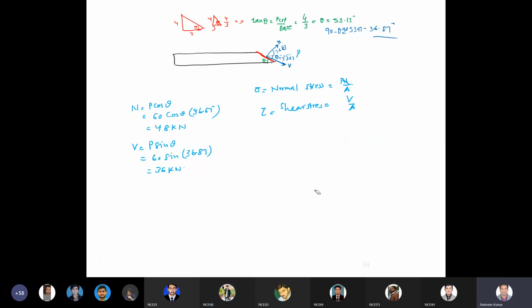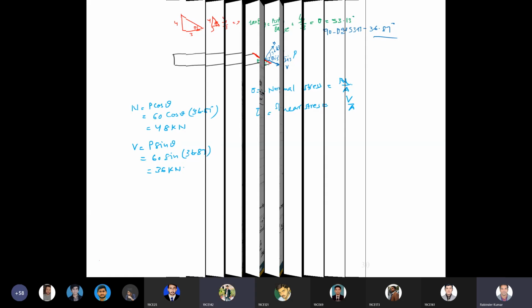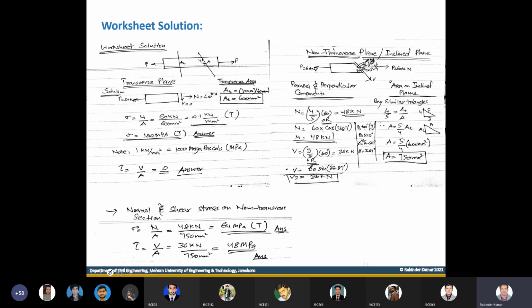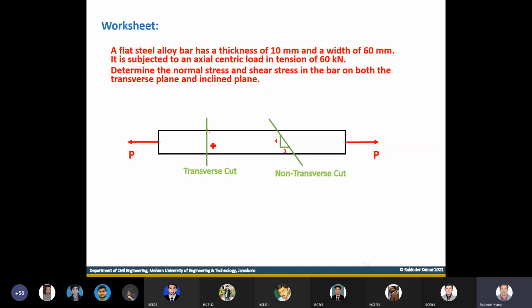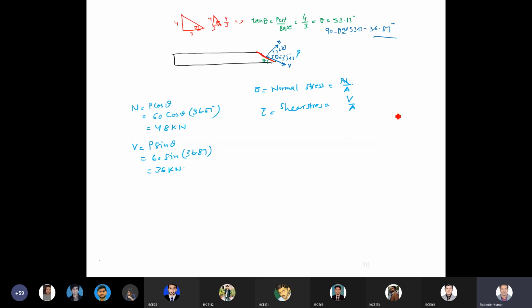I don't know where is the problem. Now look at this. अब यहाँ से समझने की कोशिश करें. Okay, now this is the transverse cut. इसको मैं कहता हूँ AT. This is non-transverse cut, so this is simple A. Okay, so if I want to draw the triangle, so triangle किस तरह बनेगा? This is transverse cut, this is non-transverse A. Okay, and what is the relationship between these two?